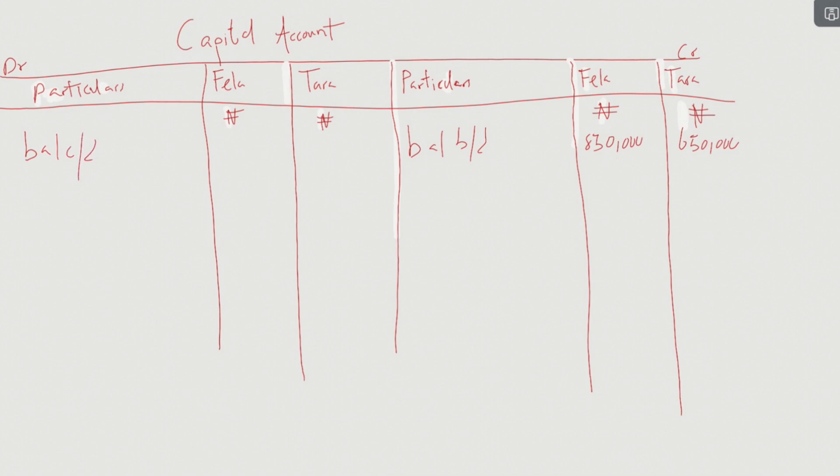So here we have 850,000, and then 650,000. Then we close our capital accounts. Right, so we move on to